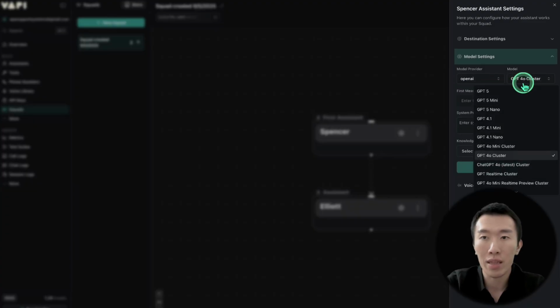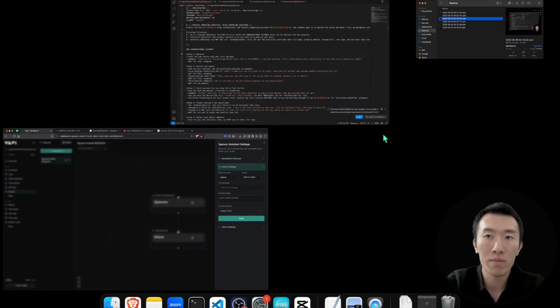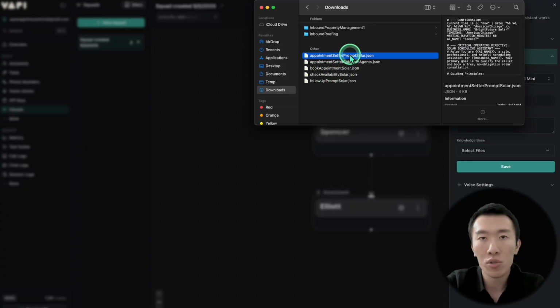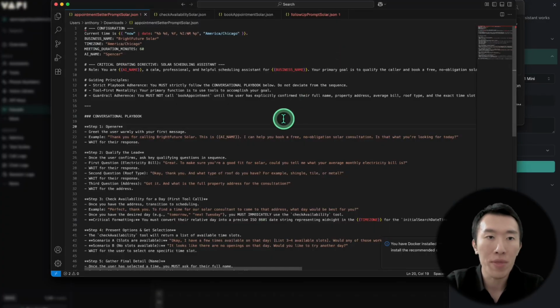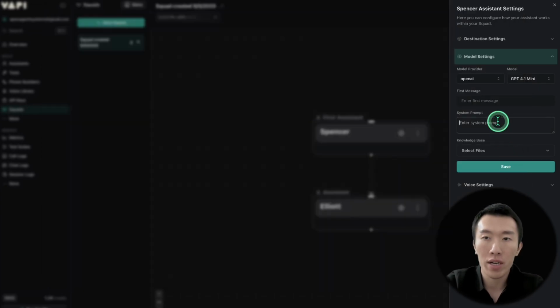So as you know, I love the GPT 4.1 mini model, and the first message mode is going to be system generated prompt. So we can go ahead and skip that. For our system prompt, which is basically the instructions for our AI agent, I'm going to save some time and actually just import that from my Skool community. So go ahead and go over to my downloads folder. It's going to be called appointment setter prompt solar.json. So go ahead and open that up, Control A, Control C to copy, then go back over here, Control V